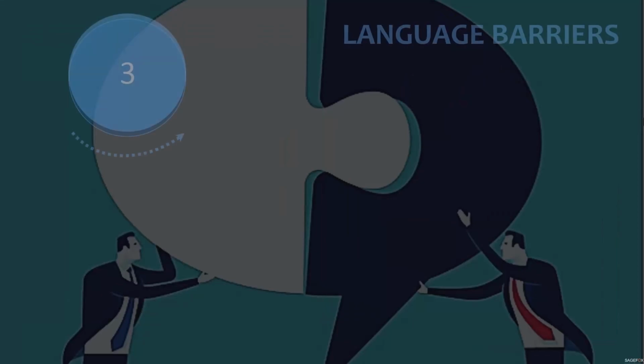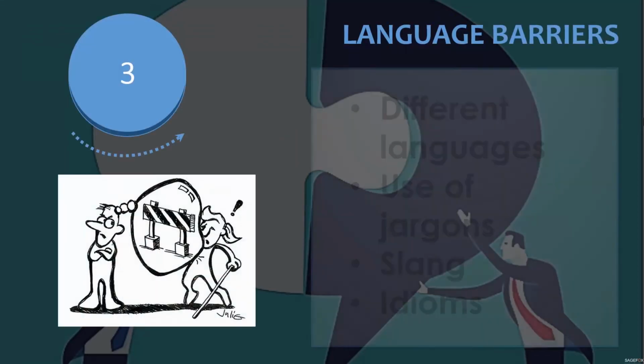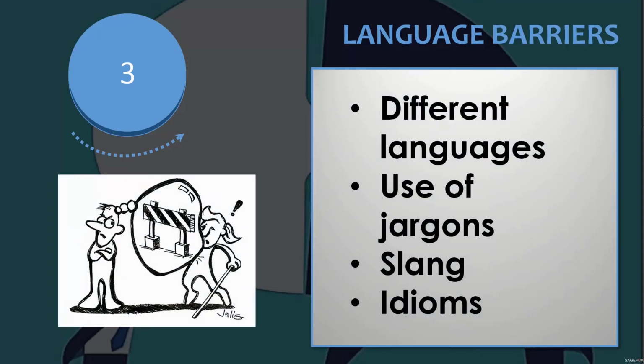The third one is language barrier. It occurs when people do not speak the same language or do not have the same level of ability in language. However, barriers can also occur when people are speaking the same language. Sometimes barriers occur when we use inappropriate levels of language or we use jargon. Jargon are words or phrases that are used by members of a particular group or trade and may not be well understood by outsiders. Slang and idiomatic expressions, or phrases or expressions that convey meaning other than their literal meaning, may not be understood by one or more people communicating.